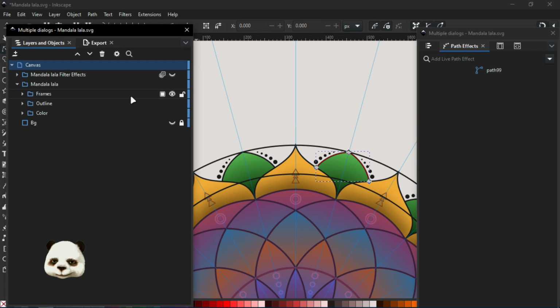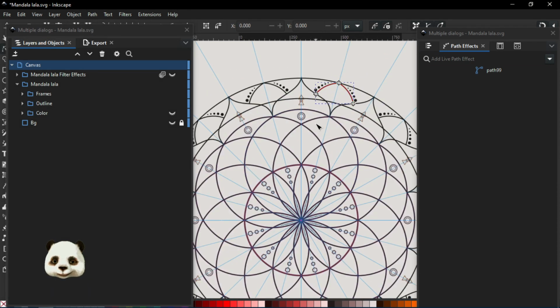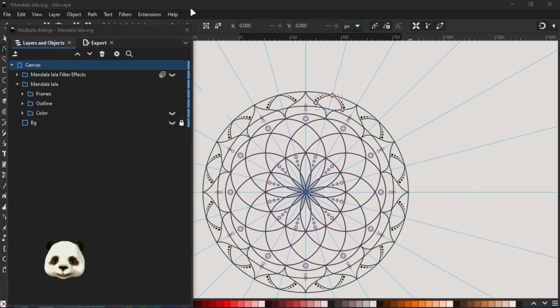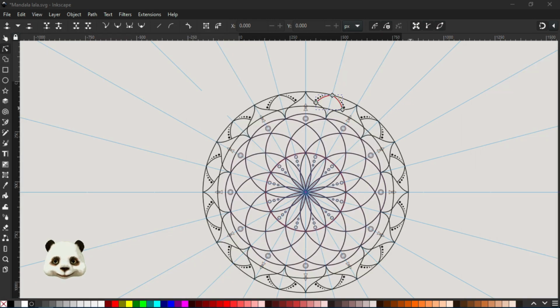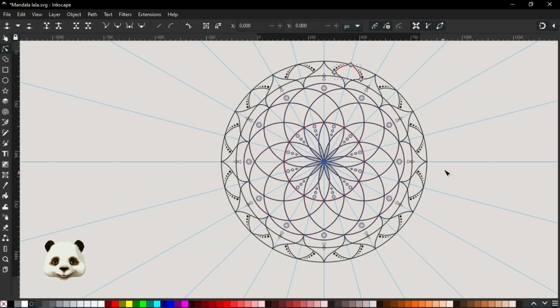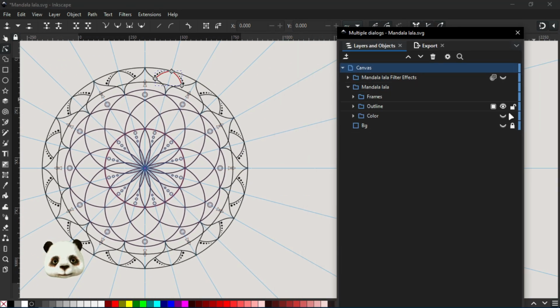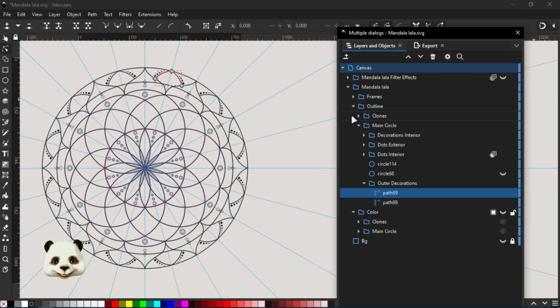So we have the frame, we have the outline, and we have the color. If I'm going to disable the color, then we're just left... Let me get these things a bit out of the way. We're just left with the simple design. Now, if I want to see better in my outline,